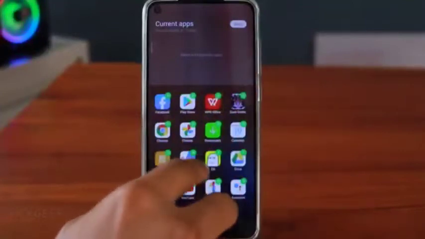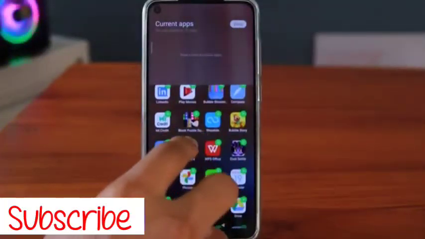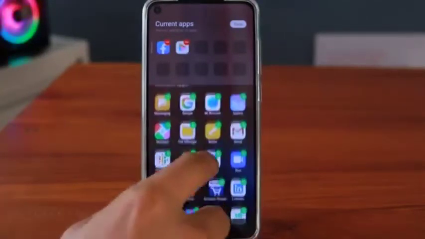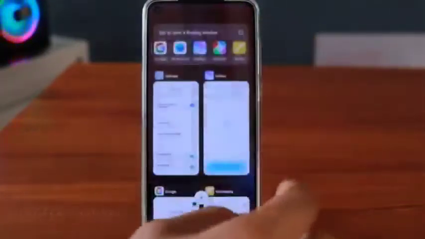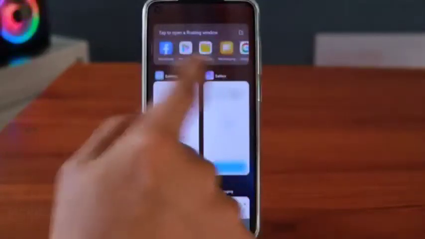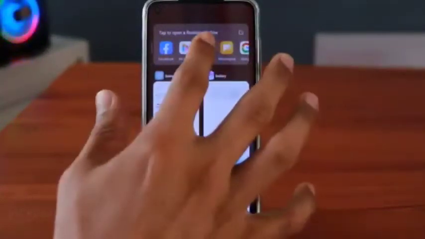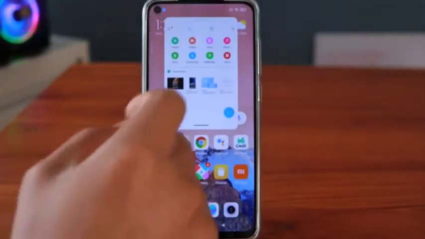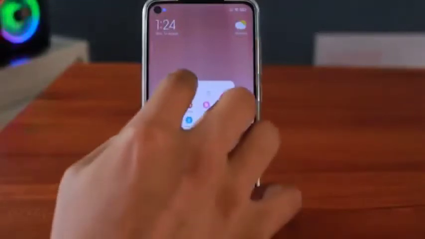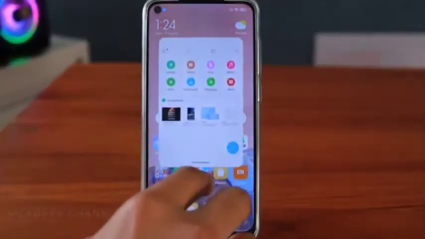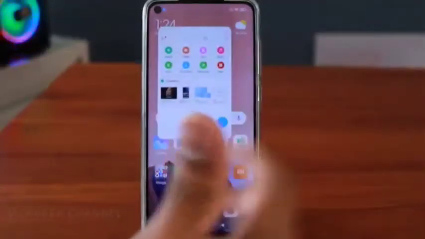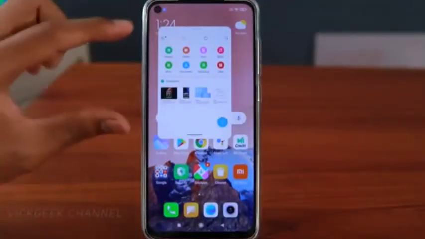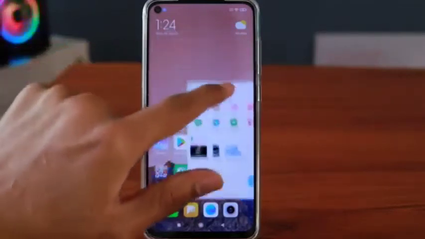Let's say I want to open Facebook using floating window, so I just tap on this plus mark here, Mi Video, File Manager, and then say done. Now you'll find those applications added right over here. And what this does is, let's tap on File Manager and I'll show you. This is the floating window screen that you will find now. This is new with the MIUI 12. Earlier it wasn't there. So earlier it was just like quick replies, like replying to the messages from the notification bar itself, but now they have brought this new floating window.